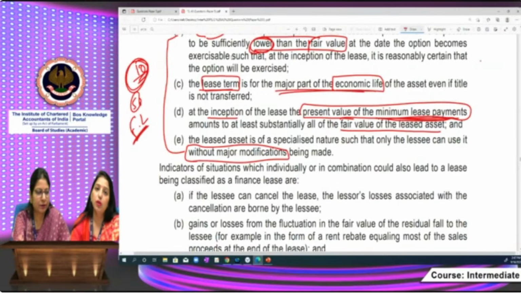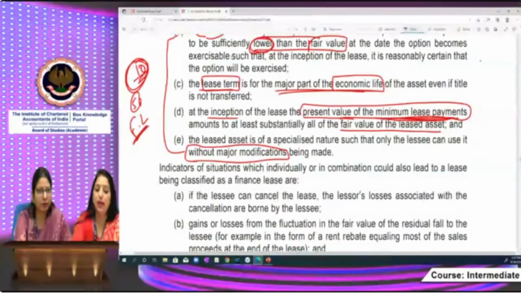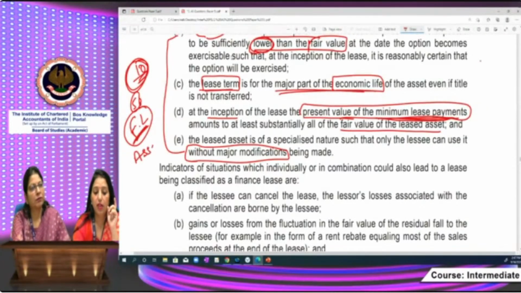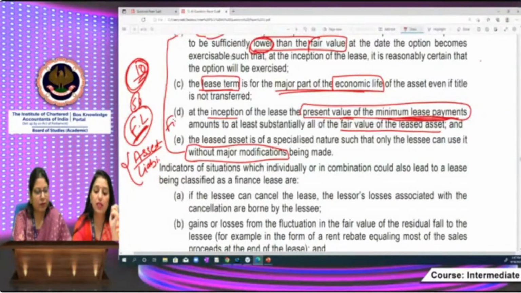So your accounting treatment will depend upon whether it is a finance lease or an operating lease. Once we have established that we have a finance lease, what will be the accounting treatment? In case of a finance lease, the asset at the end is going to become the asset of the lessee. So the lessee will show it as an asset, and the same as a liability, in its balance sheet. And in the statement of profit and loss, it will show the finance cost